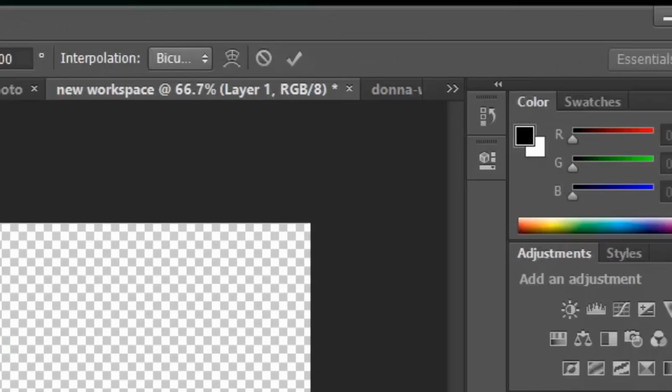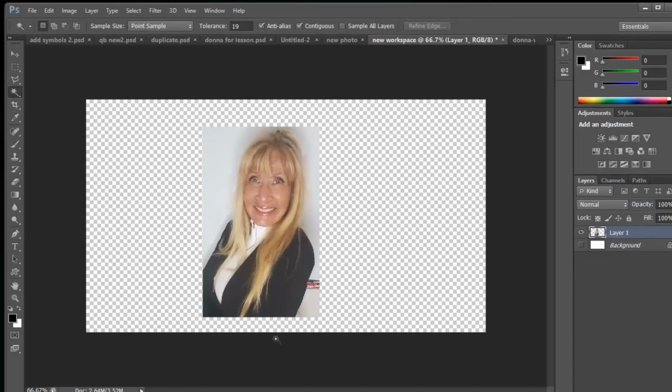And if I want to place it on my transparent layer now, I want to come up to my menu across the top and all the way to the right. It has either commit or cancel, all right? And until I do that, it won't let me do anything else. So I have to do either one or the other. So in this case, I want to click on the little check mark and commit, and now those little sizing handles